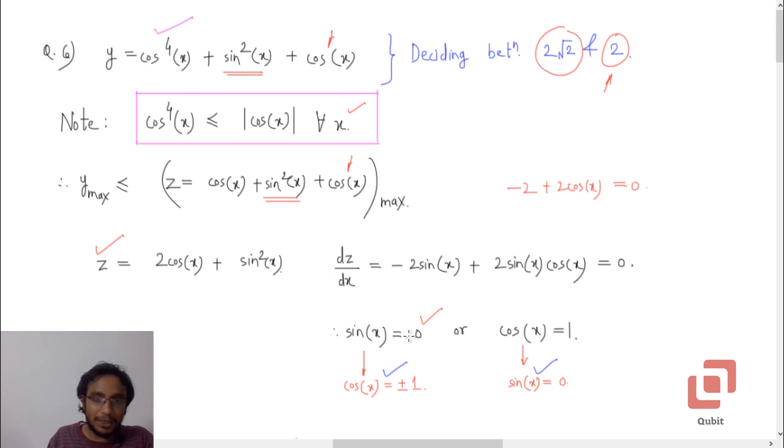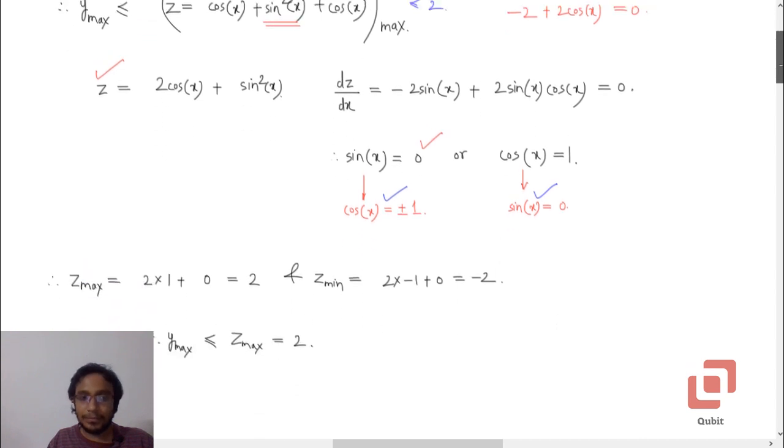If you want, you can do that, but it has now been confirmed that if you take cos x to be -1, then it will decrease the value of y, and that will no longer give us the maximum value. So it is better to take cos x as 1, and then sin x automatically becomes 0, which means this z is always less than or equal to 2, which means y should also be less than or equal to 2, and hence it is not 2 root 2 but 2.